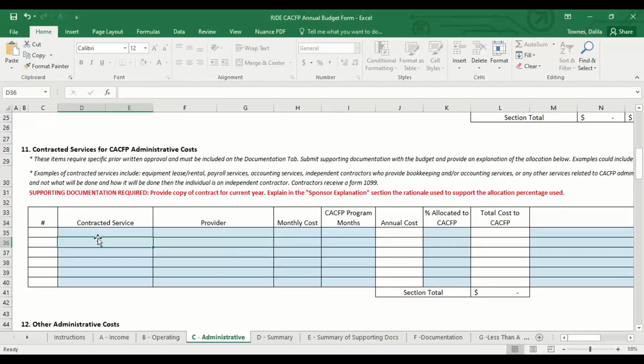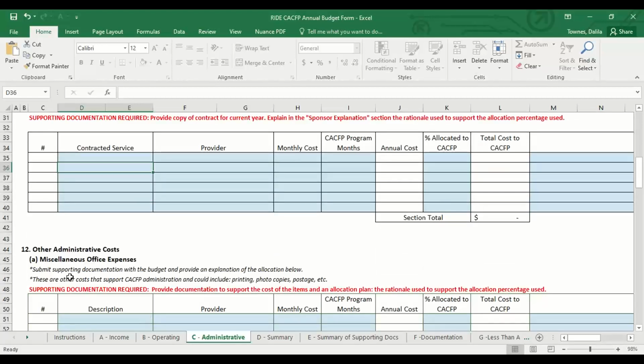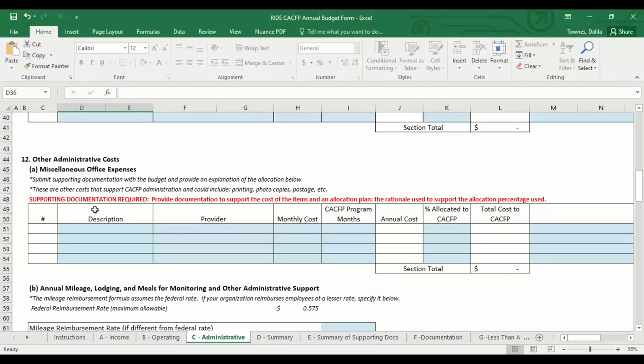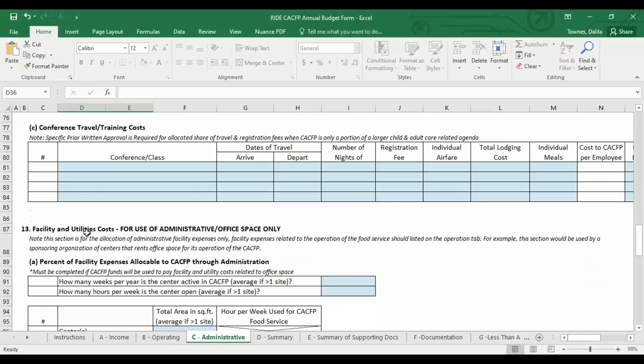Next, we have the contracted services. The same rules apply as discussed on the operating tab. This will require specific prior written approval. Common examples might be office equipment lease, rental, accounting service, etc. I'm really not going to spend too much time on these other administrative costs either, set up very similarly, mileage,